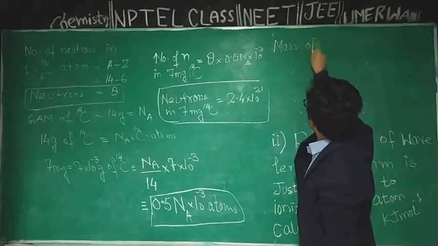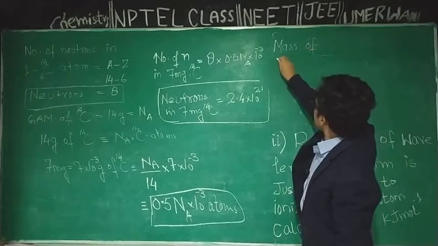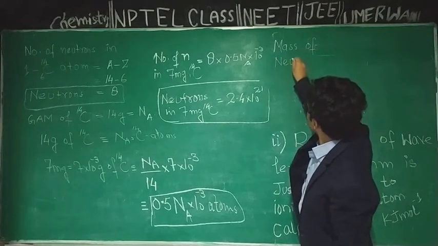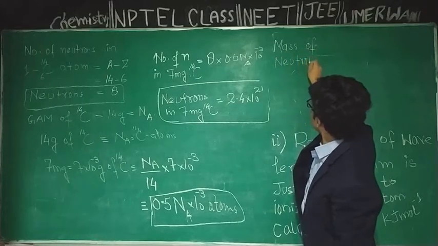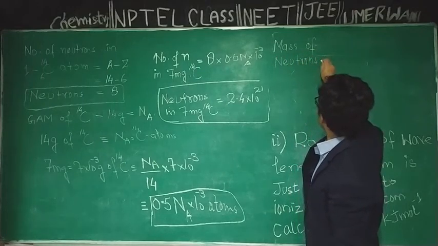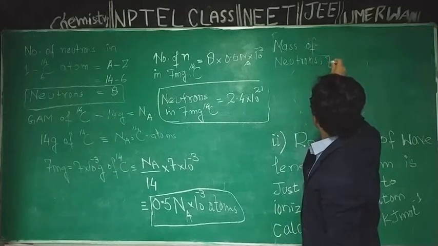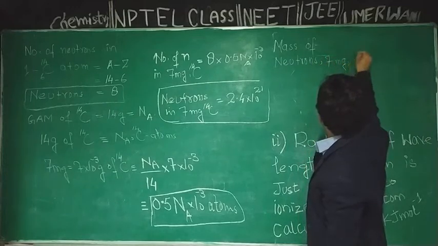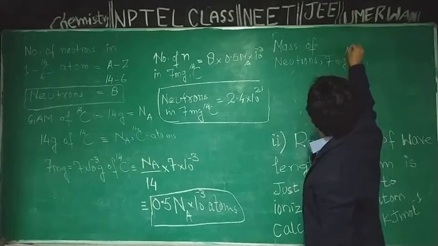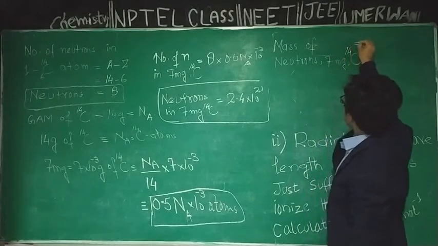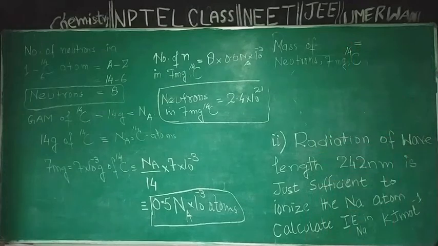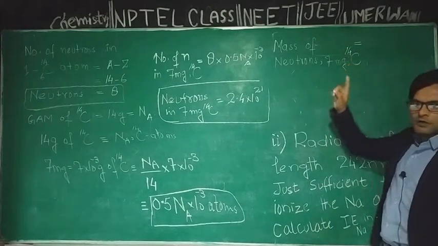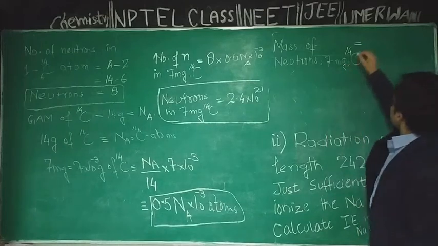The mass of neutrons present in 7 mg of carbon 14 will be equal to the mass of one neutron, which is